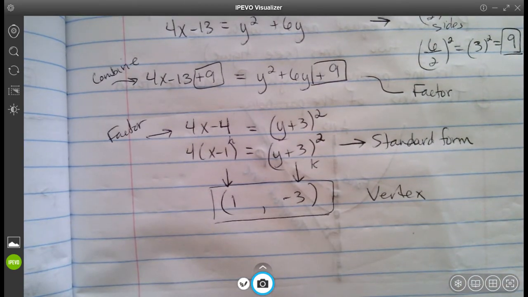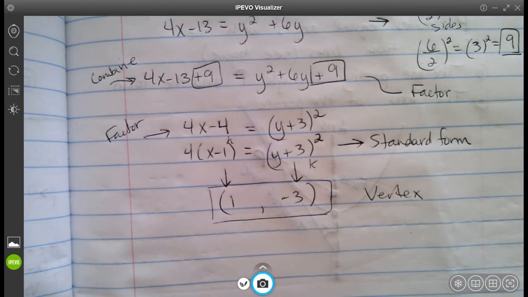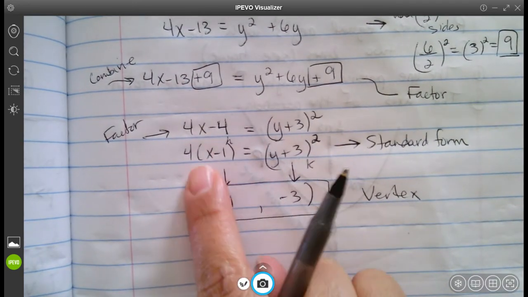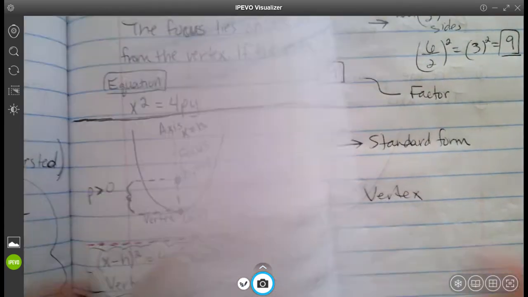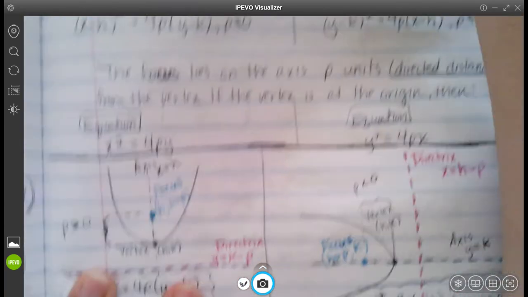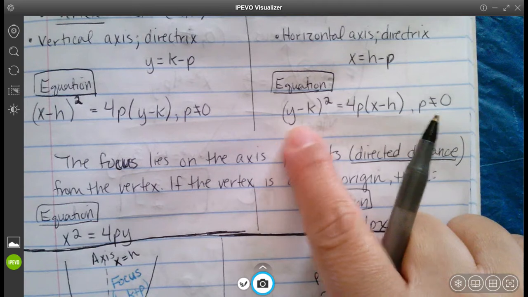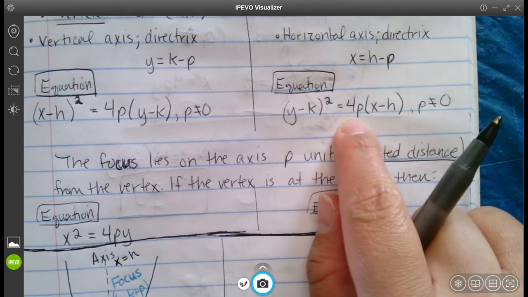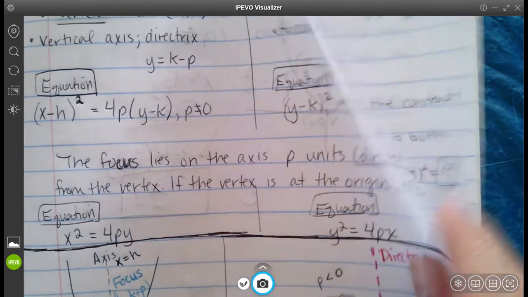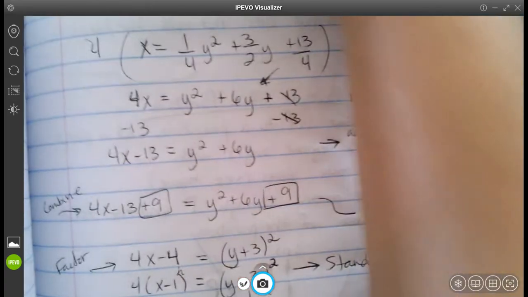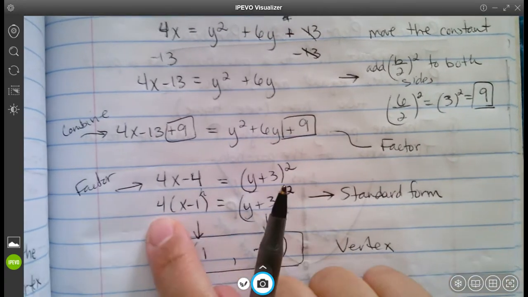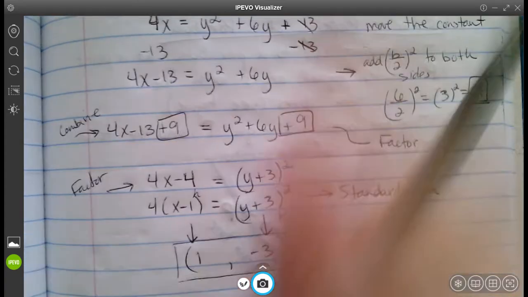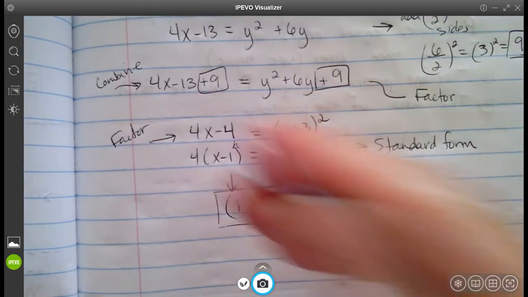And we kind of sort of have the focus by getting the p. So let me show you something real quick. This format where we have something like this, I'm going to jump over to my other page real quick and show you that it's right here. (y minus k) squared equals 4p times (x minus h). That's exactly what I have right here, right? (y minus something) squared and then 4 times (x minus h). So that means that this 4